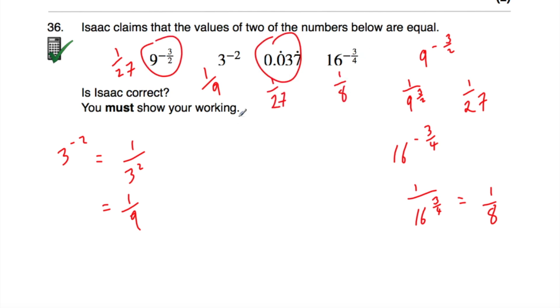So this recurring decimal, we're going to let it equal x. So we're going to let x equal 0.037037037, and so on. So we're just going to let that equal x. Now I'm also going to times this by 1,000, because if I times this by 1,000, I would move all the digits 3 columns to the left. So 1,000x would be equal to, if we moved all the digits 3 columns to the left, it would be